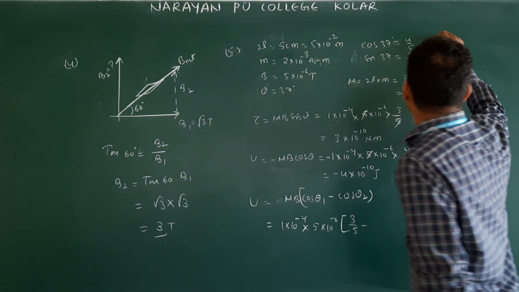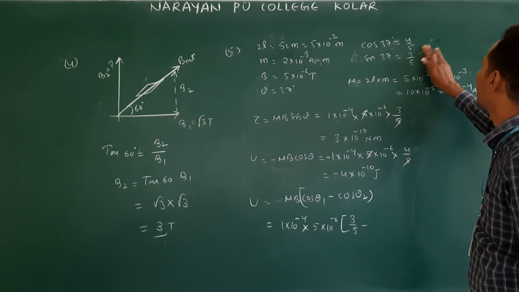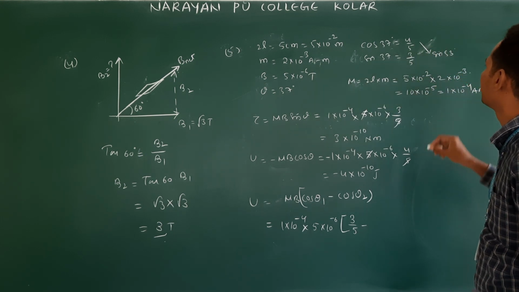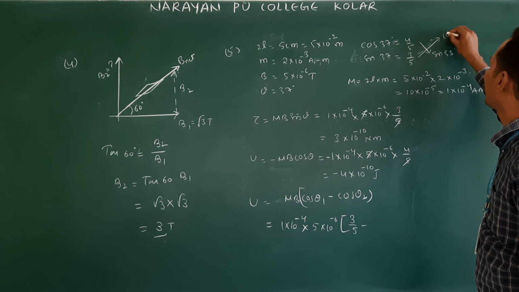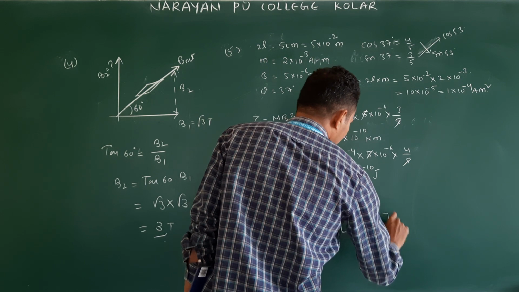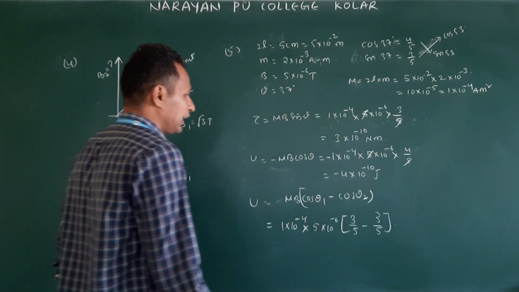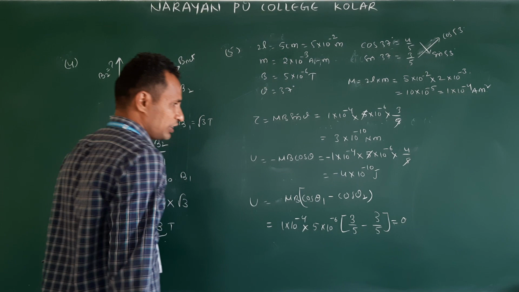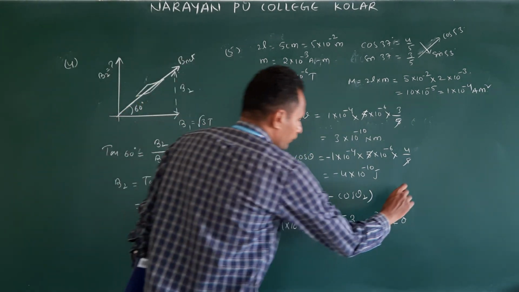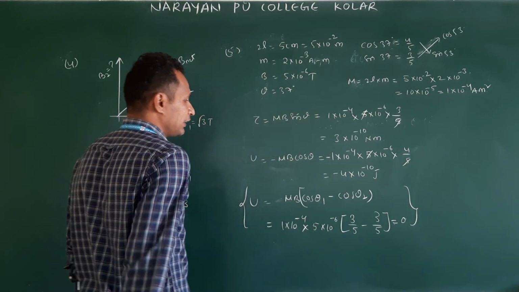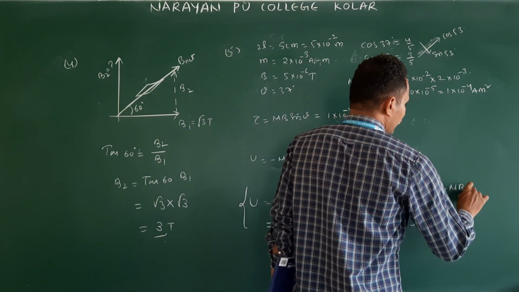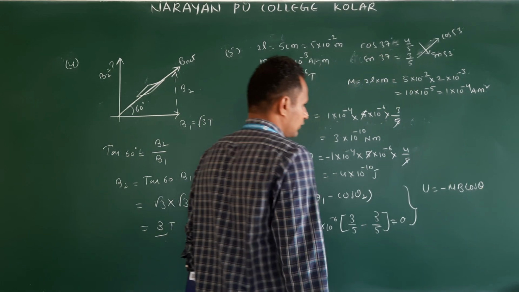So this value will be cos 37 is equal to sin 53, and this will be cos 53. So again this is 3 by 5. If you do like this, the answer will be 0, but our question is not like that. It is given at 53 degrees, they are asking work done. If you follow this, we will get the answer. But at 53 degrees, the work done will be MB cos